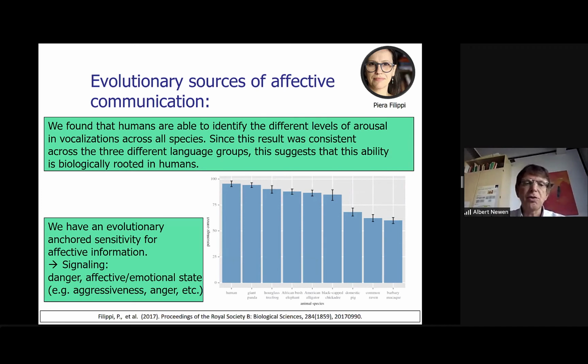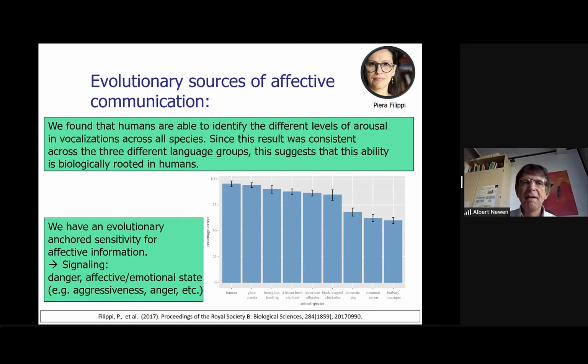So we have an evolutionary anchored sensitivity for affective information. We are sensitive to signalings of danger, of affective and emotional states, and we actually take this information as part of signals. Now, this is very primitive,